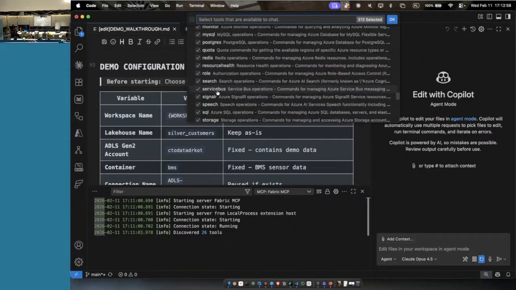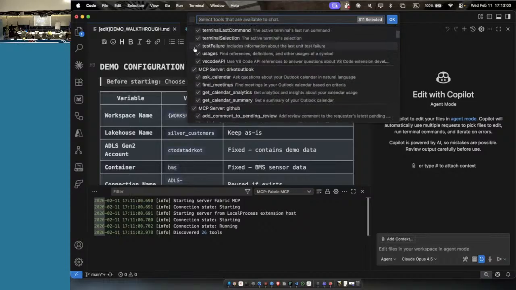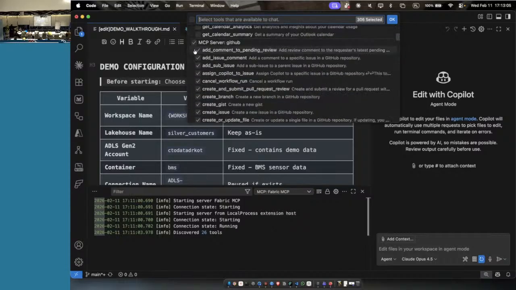I need Fabric, or maybe I'll start with that. So what's the step to get here? Do you need to do anything before you connect to the Fabric MCP server? There is an instruction on how you can set up the Fabric MCP server. Frankly speaking, if you have VS Code and GitHub Copilot, write a comment: install for me the Fabric MCP server based on this official URL. And then the tool will solve that for you, so you'll not have to handle all of the server connections and so on.